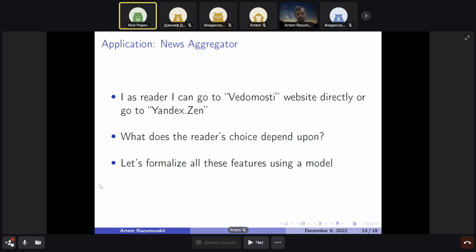So if I go to Yandex, I will for sure find hundreds and hundreds of news. But if I pick a news, I could not be sure if it is low quality or high quality, because